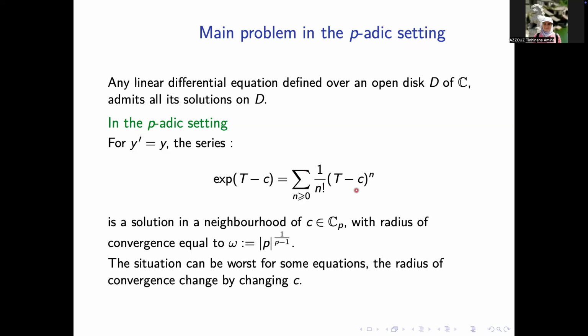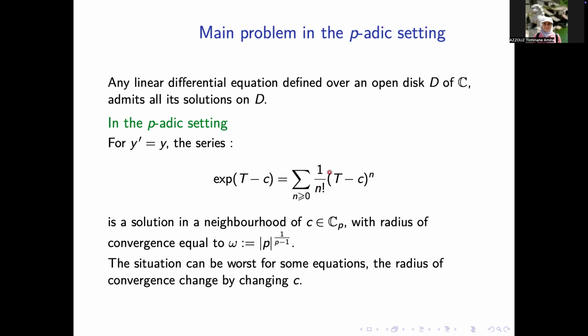However, this one cannot converge on all of CP, since it is supposed to be defined over all CP, and we hope that the solution will converge on all CP. It was supposed to have a radius of convergence equal to infinity, but unfortunately this is not the case, and this is just because